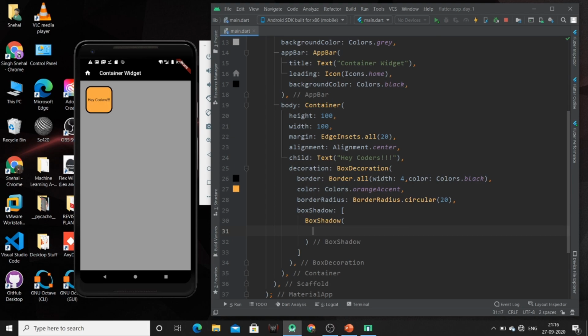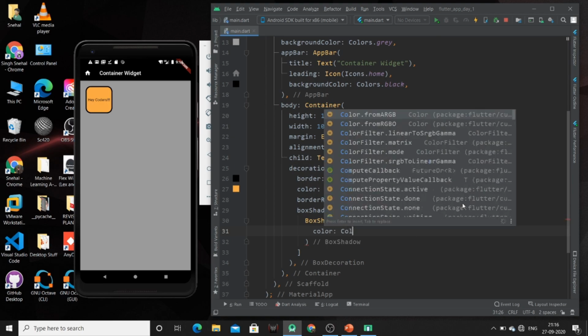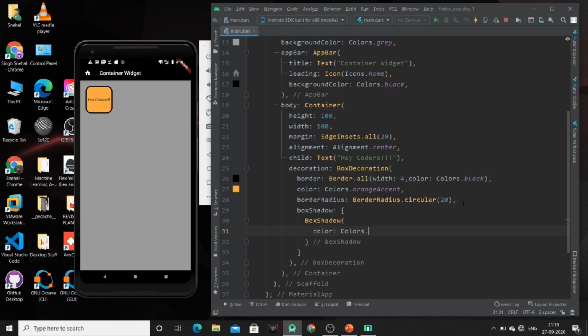Now just specify the color of the shadow which you want and the offset that you want to give. Now just hit Ctrl S. Now you can see one shadow appears for our container having color orange and an offset of 6.0.